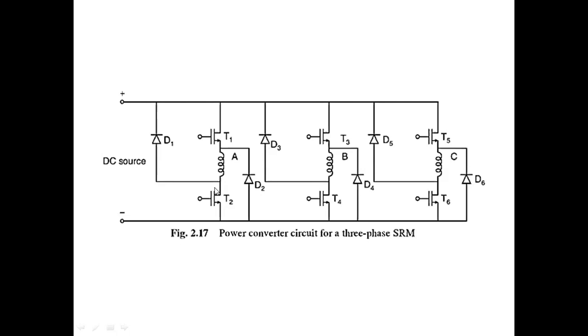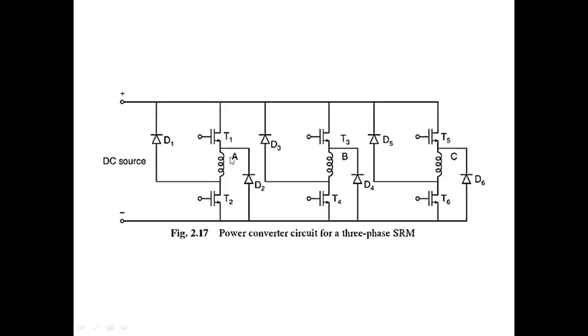And what about the diodes? Diodes have an anode and a cathode. Here, the cathode is more positive. Therefore diode 1 is not conducting, diode 2 is not conducting. Why? Because the cathodes are more positive. But here, the anode is positive with respect to the cathode of thyristors 1 and 2.